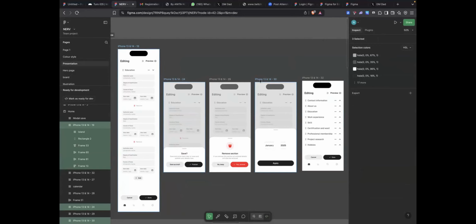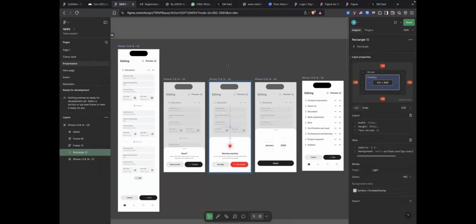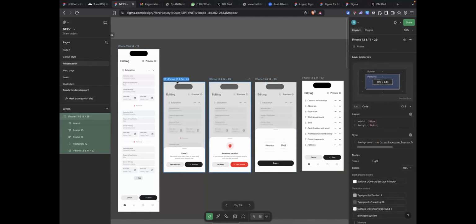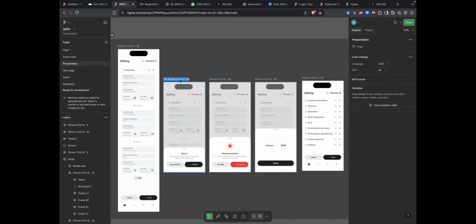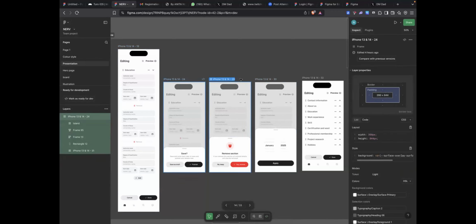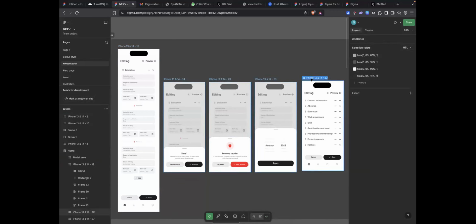Primitives are like the main components, while the tokens are the different... I want to break it down as simply as possible so everyone will understand it, in case there's someone new who has not used this.